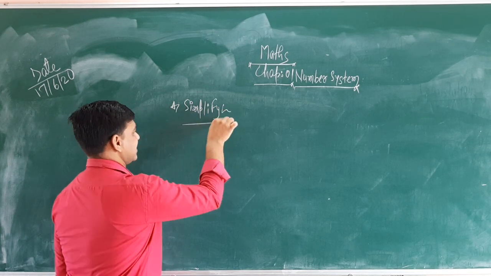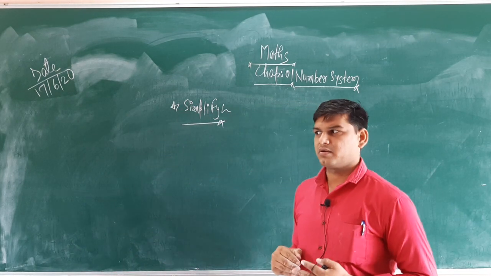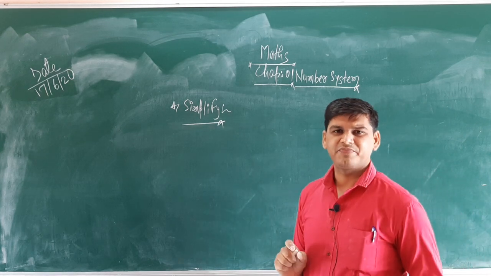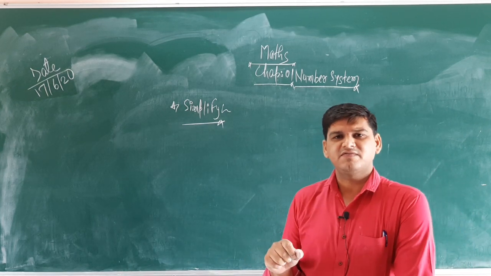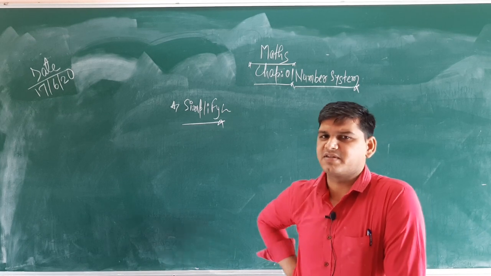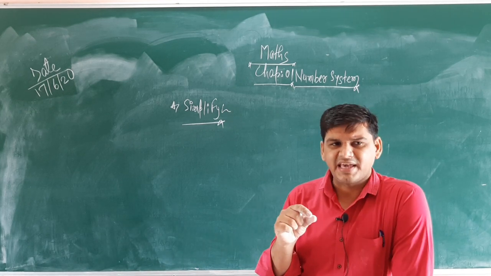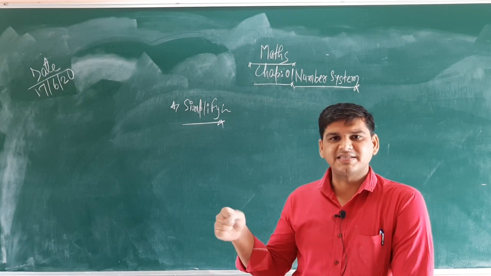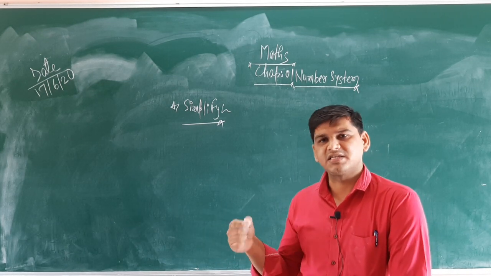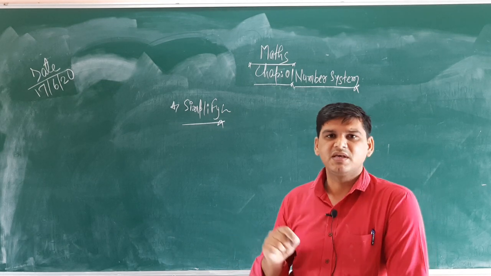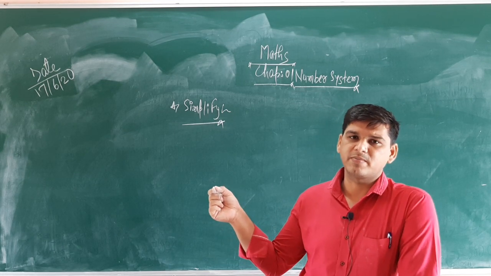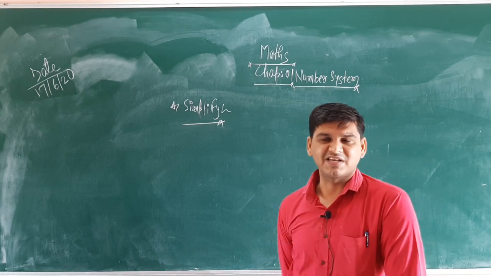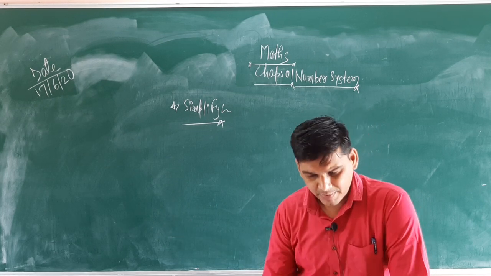Now in the previous class, you discussed the factorization method, the different types of expansion of variables, in which a minus b into a plus b is always a square minus b square. Or a plus b whole square, that is a square plus 2ab plus b square, a minus b whole square, a square minus 2ab plus b square, a cube minus b cube, that is a minus b, a square plus ab plus b square. This all type of factorization which you discussed in the previous class, the same procedure we have to apply in this topic.